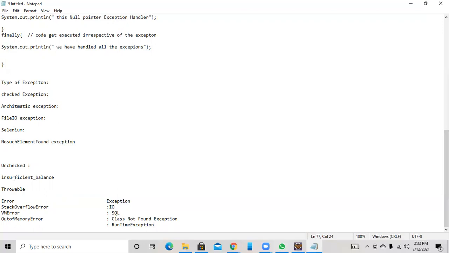Unchecked exceptions are the classes which inherit the runtime exception. Array index out of bounds exception and string index out of bounds exception are called unchecked exceptions. Arithmetic exception and null pointer exception also fall under that.